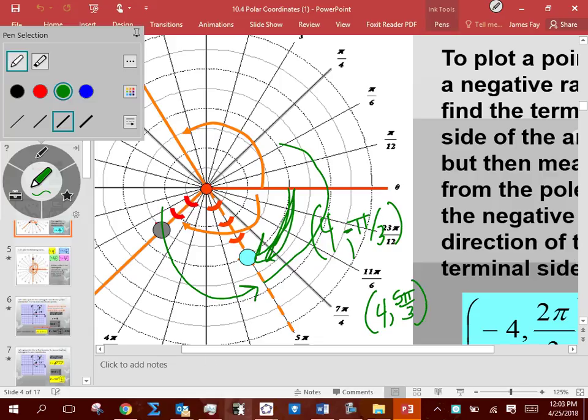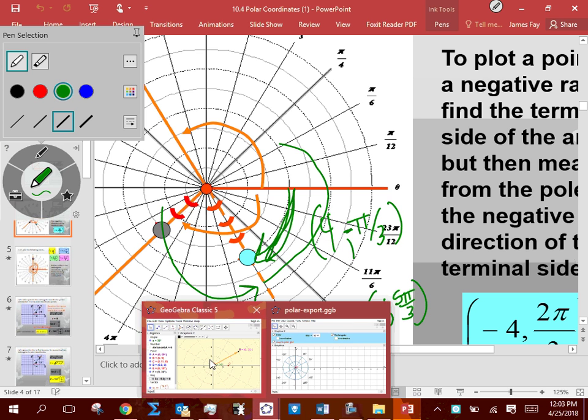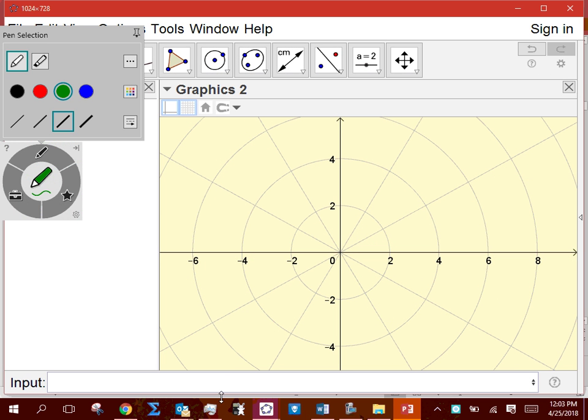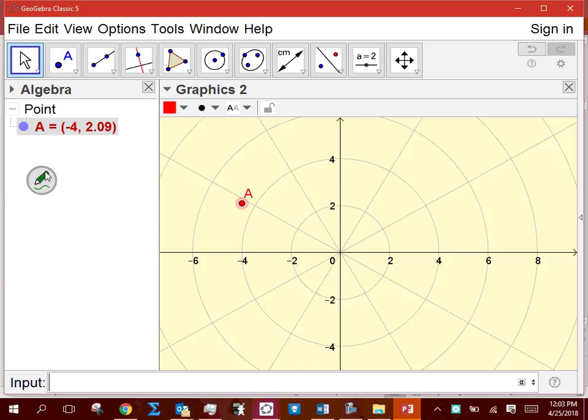Okay, and I'll use GeoGebra to kind of prove this. If I plot, what was it? Started as negative 4 comma 2 pi divided by 3. GeoGebra was having problems with what the 2 pi over 3 is. So let's do it this way. Let's see. Oh, maybe I did it this way. Maybe, yeah. There we go. So there's as polar coordinates. Okay. There's that point. Okay. But it is the same thing as